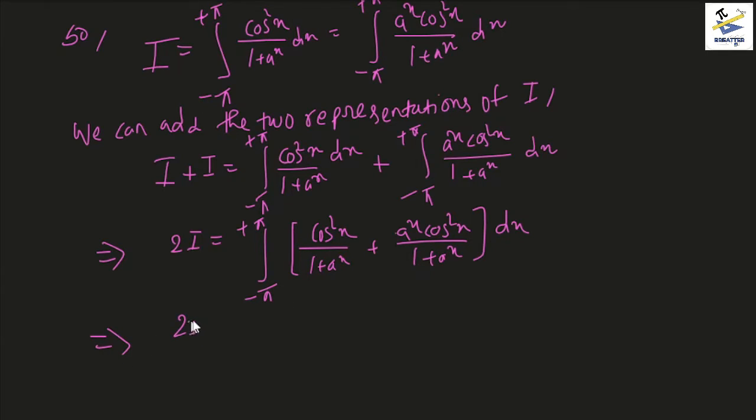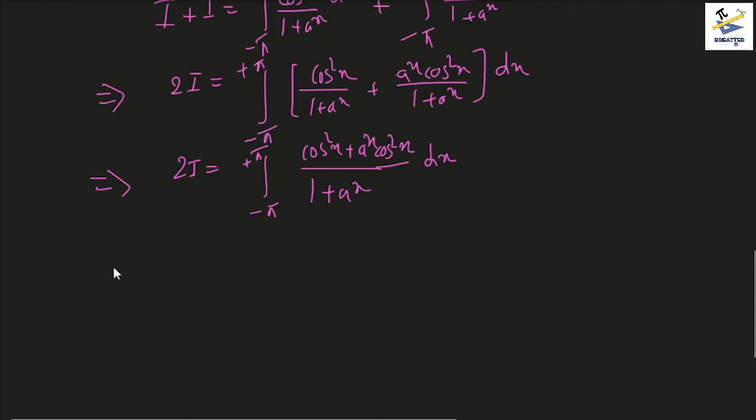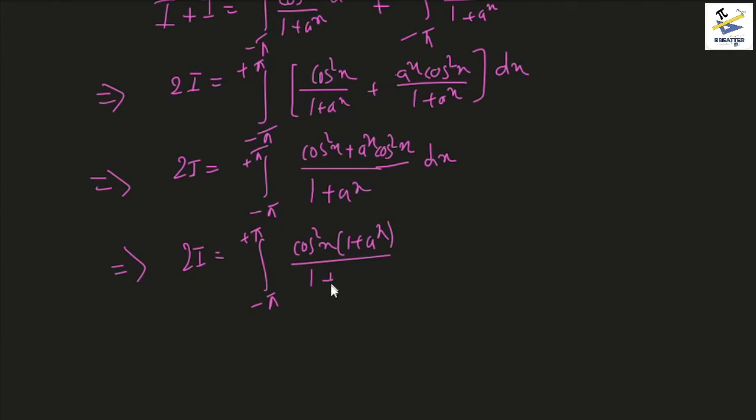Therefore 2I is equal to the integral from minus pi to plus pi. Now since the denominator is the same, we can add the functions together and they give you cos square x plus a to the power x cos square x dx. In the numerator, we can take cos square x common, which gives us 2I equals to the integral from minus pi to plus pi of cos square x into 1 plus a to the power x divided by 1 plus a to the power x